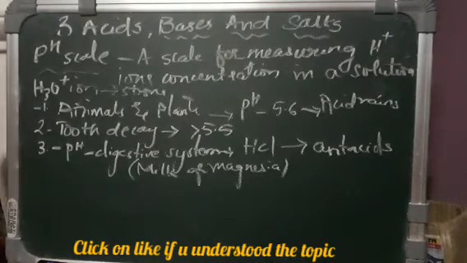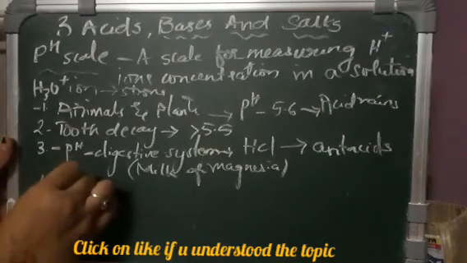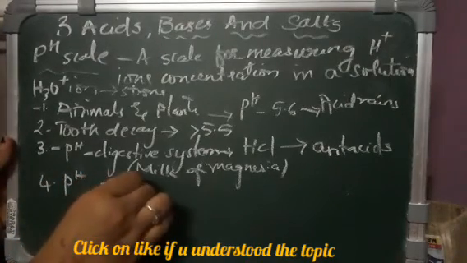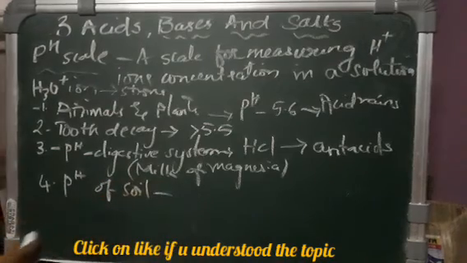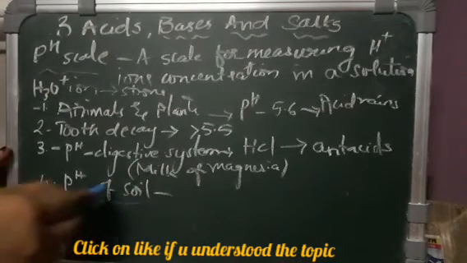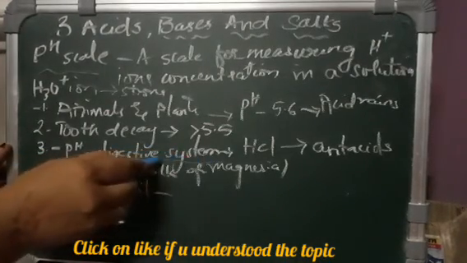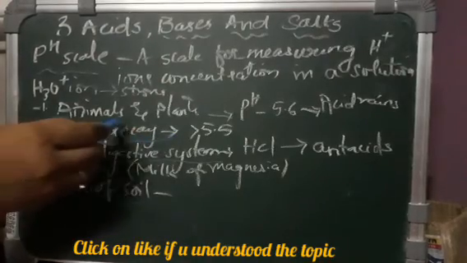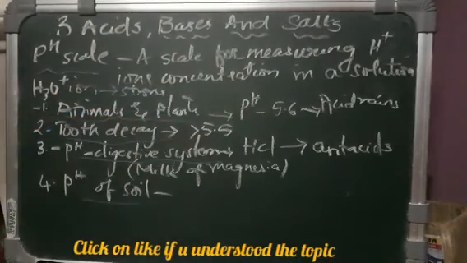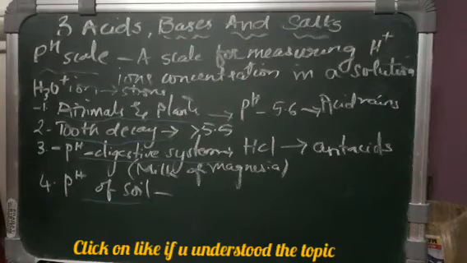Now, pH of soil. See, if the pH of soil is acidic, will the plant survive? No, they cannot survive. For the survival of plants, they need a proper pH. Plants require a specific pH range for healthy growth. To find out the pH required for the healthy growth of a plant, you can collect soil samples from various places and check the pH in the manner described in the activity below.